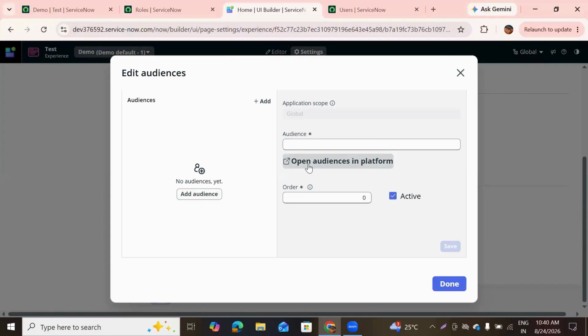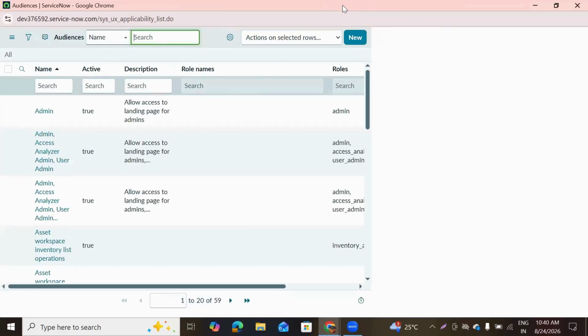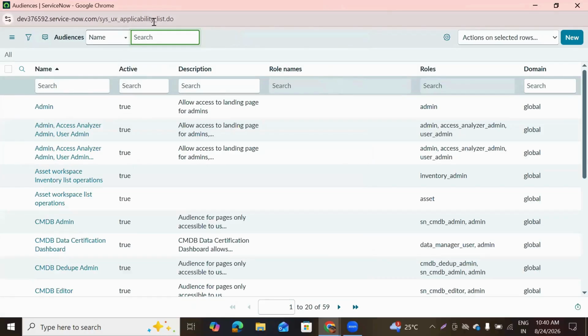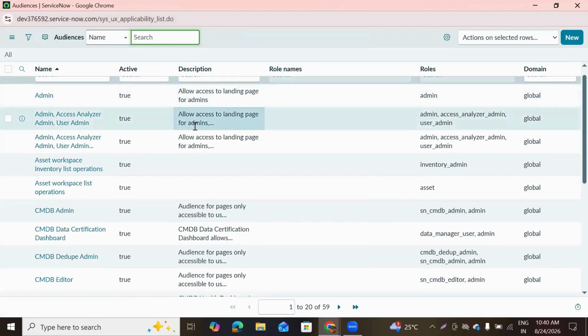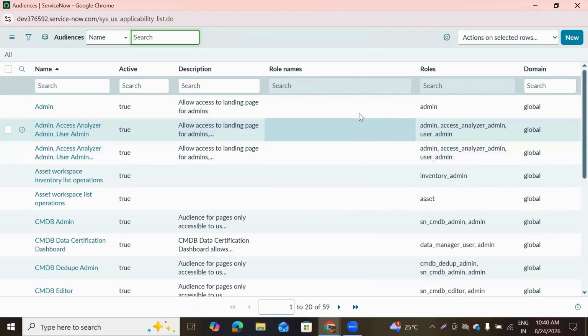To create a new audience, we have to click on open audience in platform, so that it will take us to the sys UX applicability table where we can create a new audience. To create a new audience, click on new